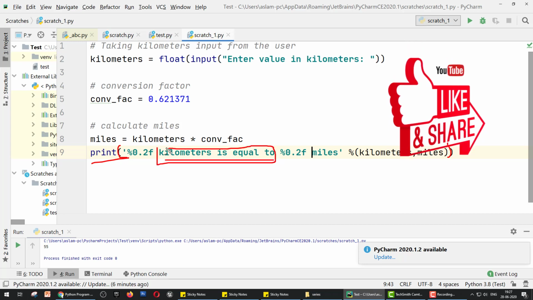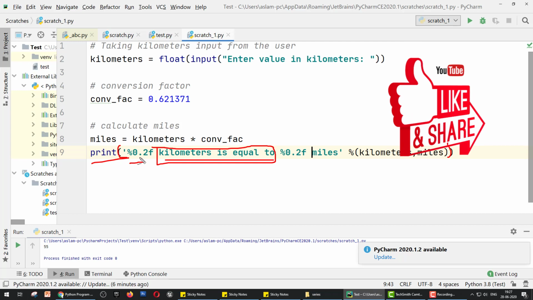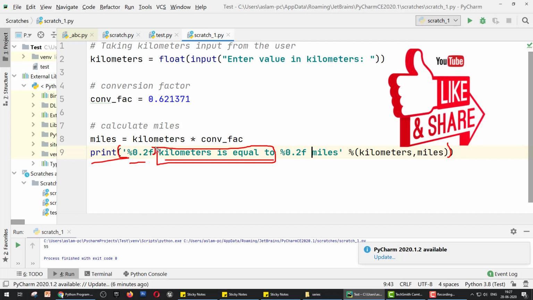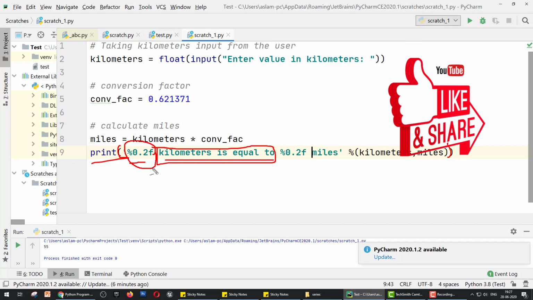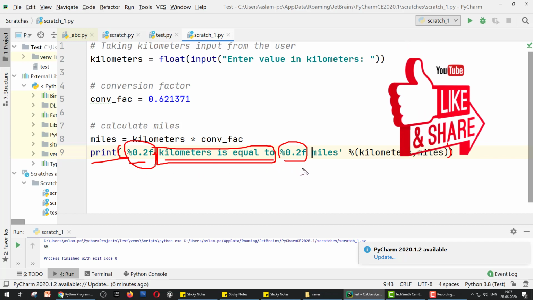you understand this, but what is this? The percentage symbol is used for what decimal result you want. Percentage 0.2f means float. 0.2f means the value is shown up to 2 decimals. And here also the value is shown up to 2 decimals, for example 2.50 kilometers is equal to 3.50 miles.